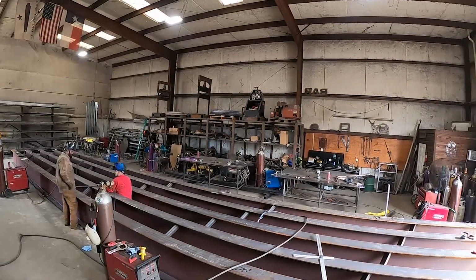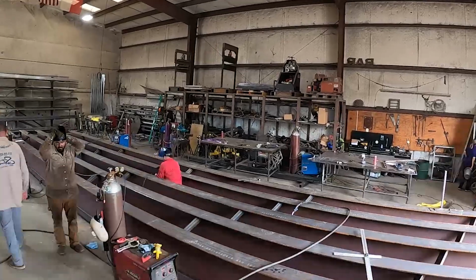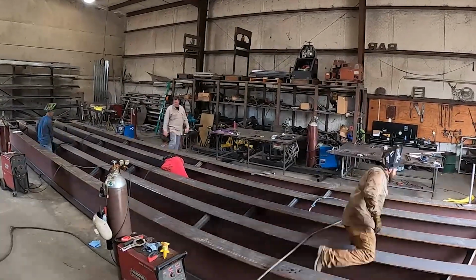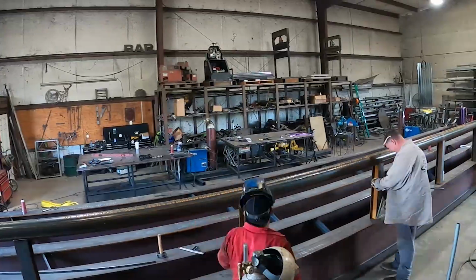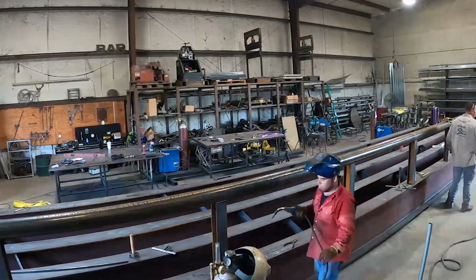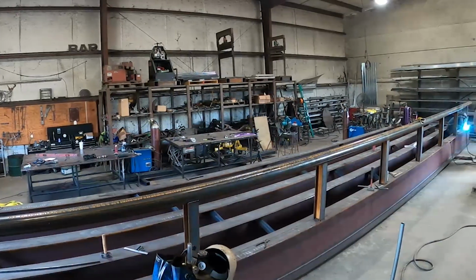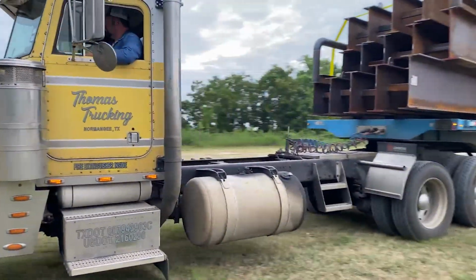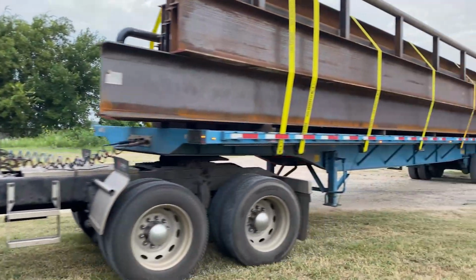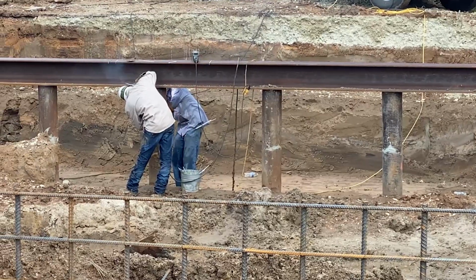So the way this job is going to work is that we've got 2 bridges that we're going to complete. And those bridges each have 3 sections in them. So one section has a guardrail, then there's a middle section, and then another section has a guardrail. So those will get welded out here at our shop, and then we're gonna carry them to the job site and weld them down to beams that we will have welded down to some pile drivings that will exist on